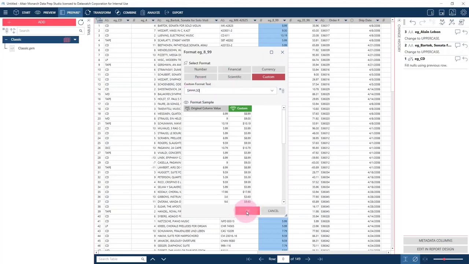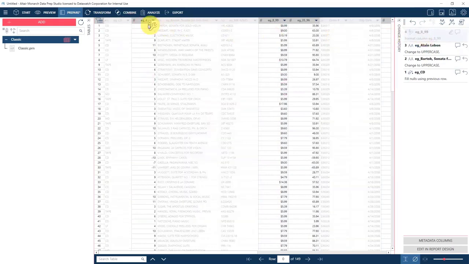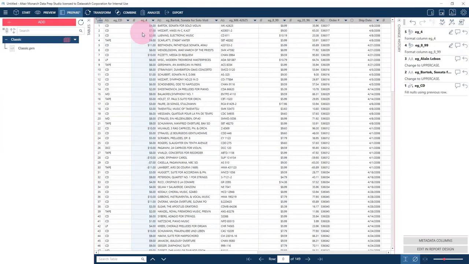Not like that. And I want to apply that format over to my quantity. I can do the same thing, just drag and drop it, and it'll apply that same format to this one, even though this one doesn't make sense because it actually is whole numbers and not dollar amounts. But it just goes to show you that you can use this drag and drop feature to apply the same change